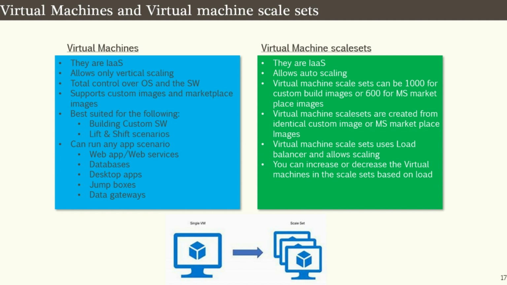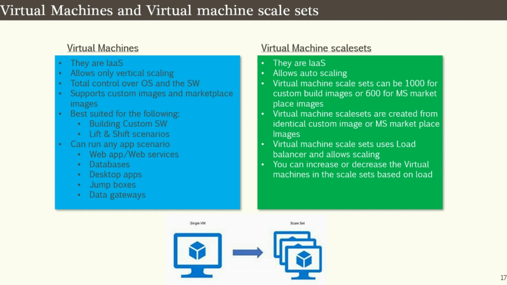Third important thing, VMs provide total control over the OS and the software, that is at the guest level. And the fourth important point, it supports custom images as well as the marketplace images that we have seen in the previous